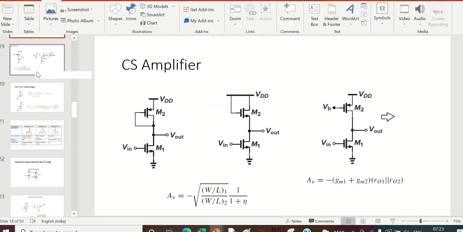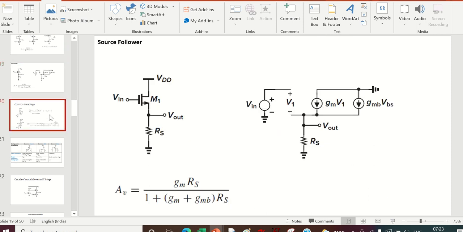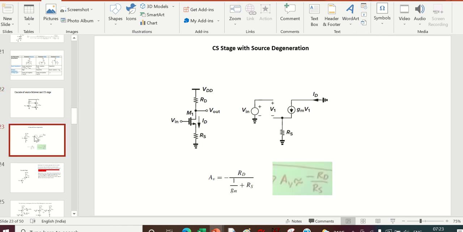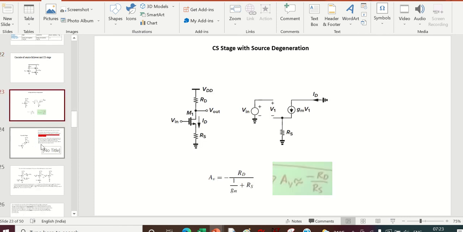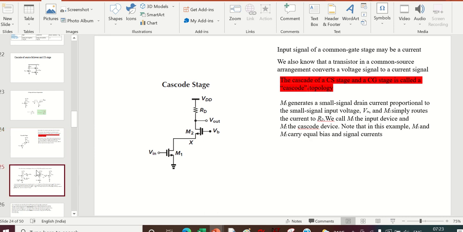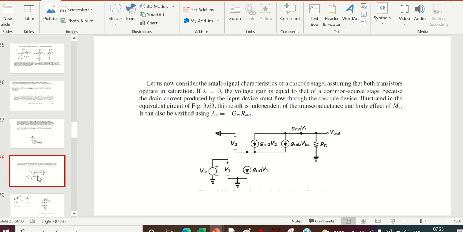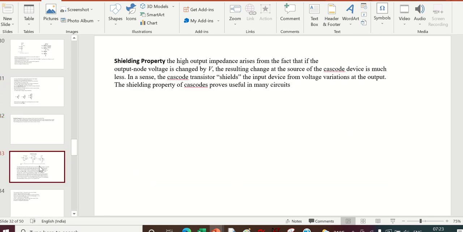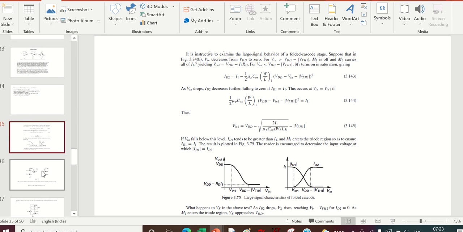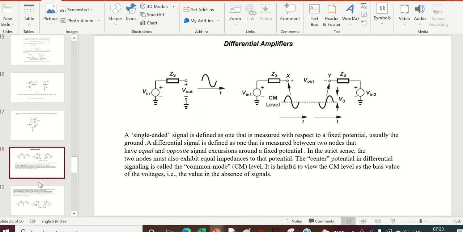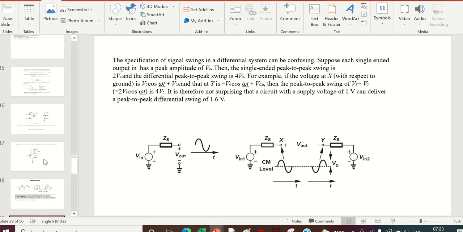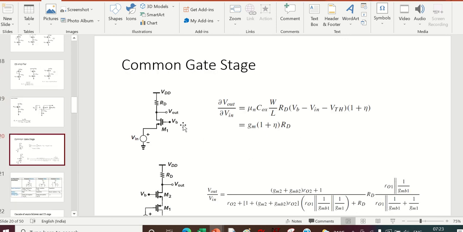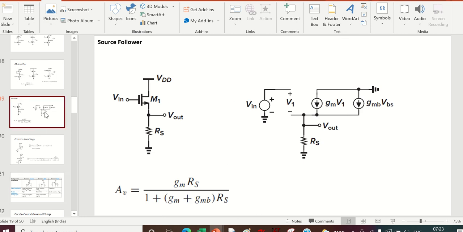So this one will be this. Now we can next go to a simple one. No, we will not go to cascade for you guys. We will go to common source. Actually, a few more are there, many are there, but I think we will not go into that. So we will go to the common gate amplifier and the source follower. These two we will do and wind up.